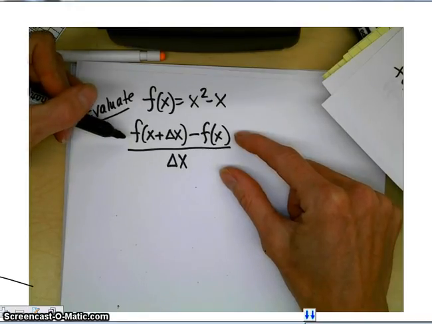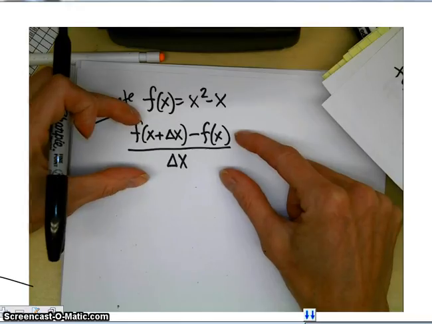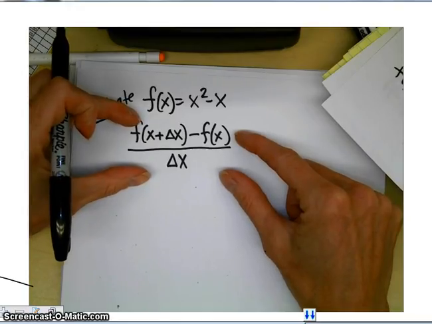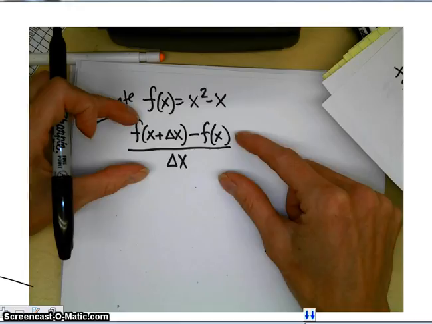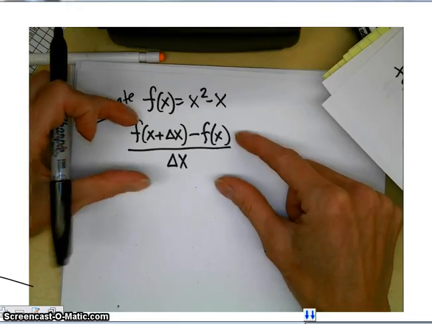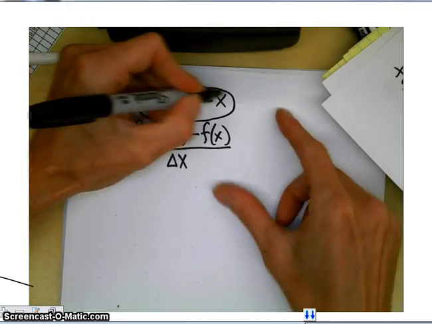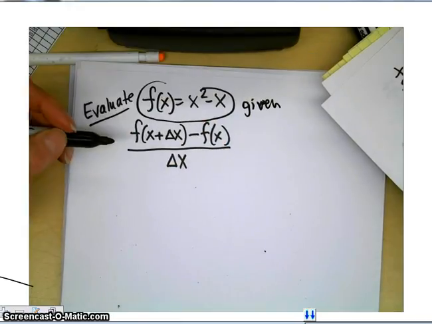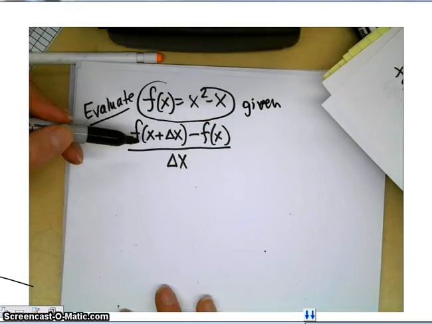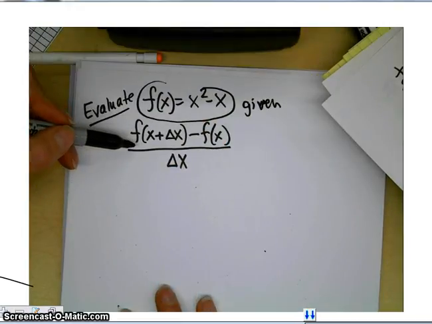The algebra, how to do the algebra of this, which seems horrible. You know how to do this though. This is simply composite functions. All right? So we are given this. This is always what you're given in your problem. You'll be given that problem, and in the directions it will say evaluate this. Okay. First thing you need to know,